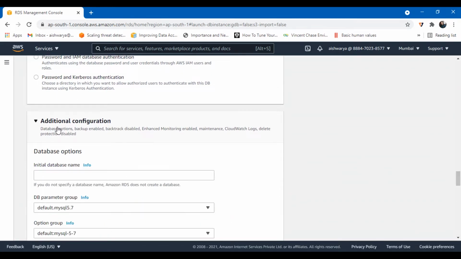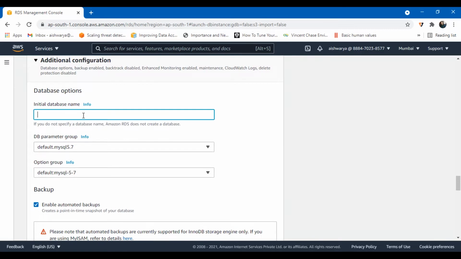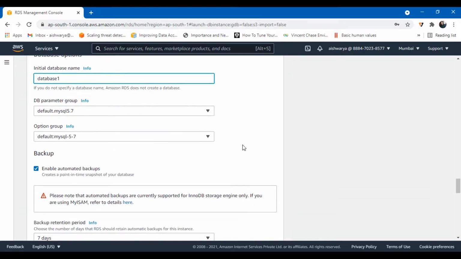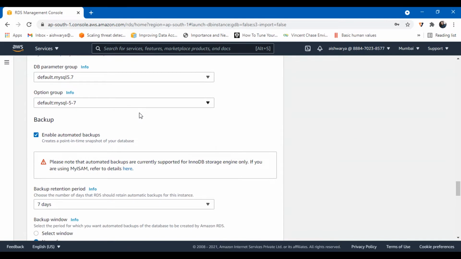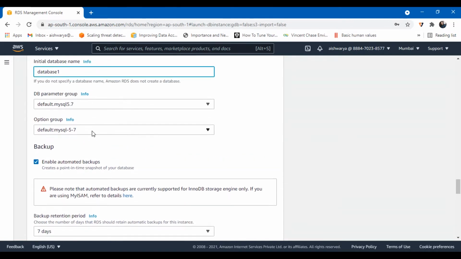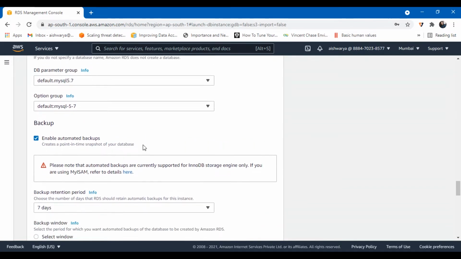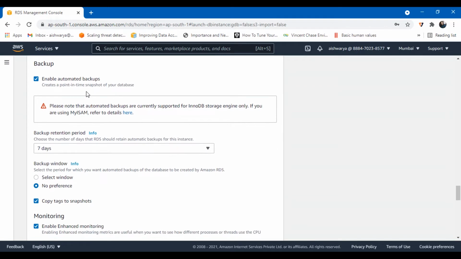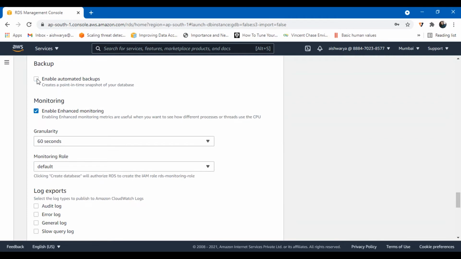In the additional configuration, here I have to give the database name. I can give the same name as earlier, database 1. The version, parameter group and option group are filled by default. Automatic backups, no, I do not need them, so I'm unchecking it.